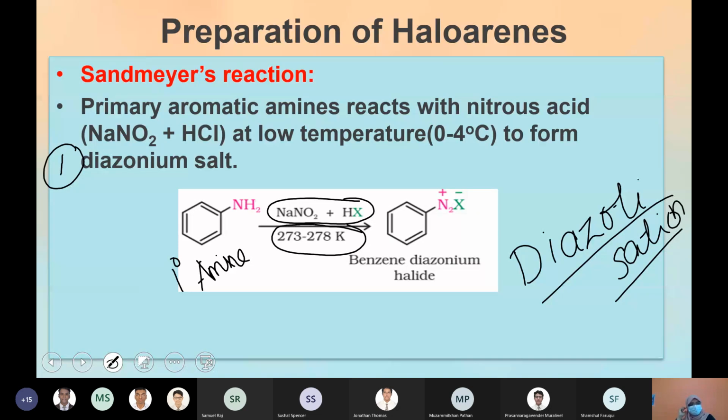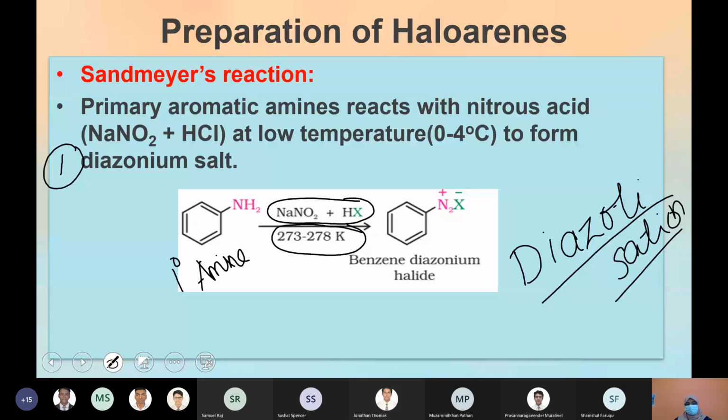So what's the reason for the temperature being zero? Why should the temperature be zero? Is there a reason for it? The reason is that only then will the reaction happen. You have to slow down the reaction, otherwise the collision won't happen, because you're learning in kinetics about collision theory. In certain cases, the molecules have to slow down, and collision should happen to get the product. There are certain reactions where you need to give energy, and for some you have to cool down. That is based on kinetic energy, activation energy, so many things related to it. So am I clear with the first step of Sandmeyer's reaction?